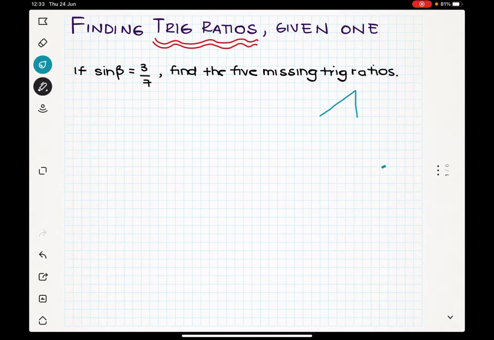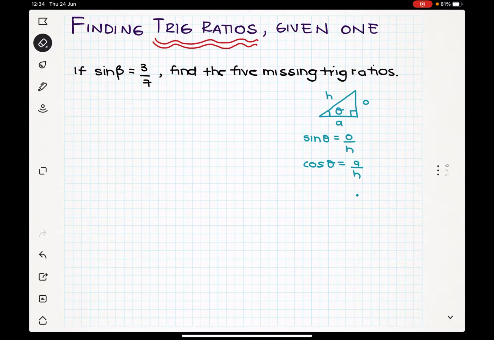So we start with a right triangle. This is my angle, I'm just going to call it theta. And I have opposite, which is opposite of the angle. I have adjacent, which is right by the angle. And I have the hypotenuse, which is the longest side. We have that sine of theta equals opposite over hypotenuse. Cosine of theta equals adjacent over hypotenuse, and tangent of theta